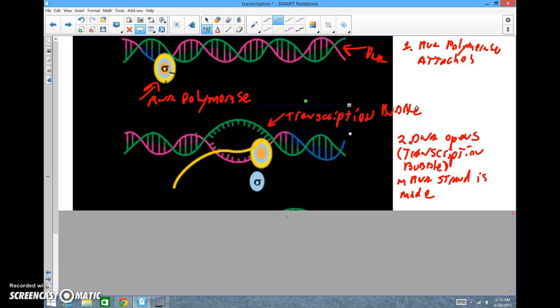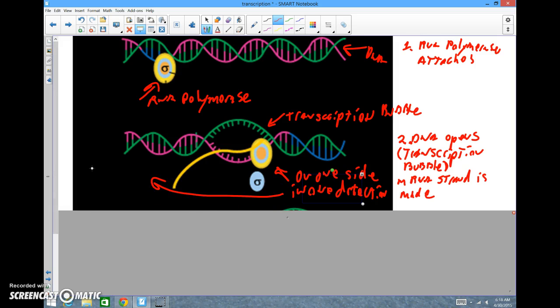And you'll notice that the RNA polymerase only works on one side. And it only works in one direction. Not to be confused with the band. And that direction is